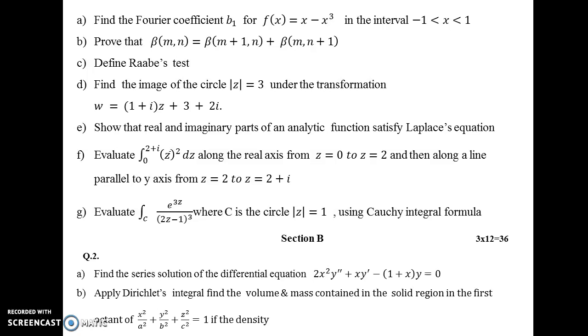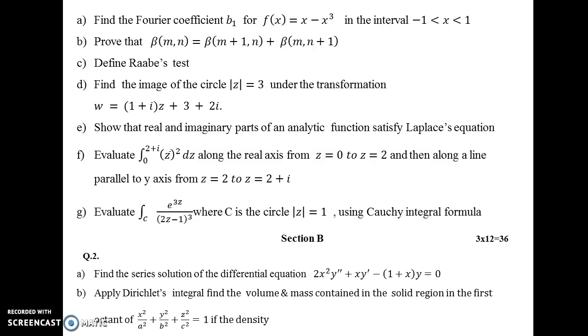integral from minus L to L. Here because the lower limit is minus 1 and the upper limit is 1, minus 1 to 1, f(x) sin(n pi x upon L) dx. Put here n equal to 1 and L equal to 1, and then solve this. The given integrand is an even function, so you can write this as 2 times the integration from 0 to 1 and then solve.